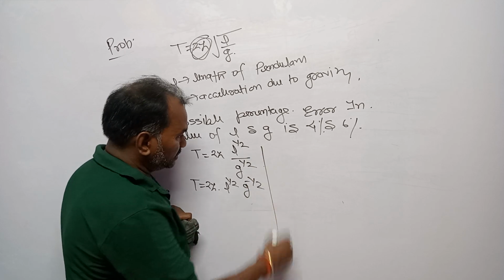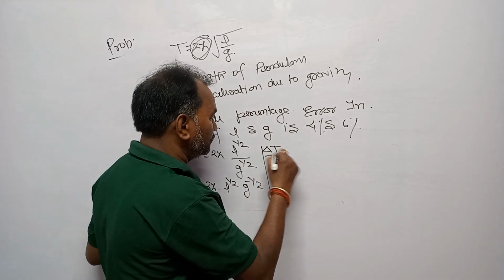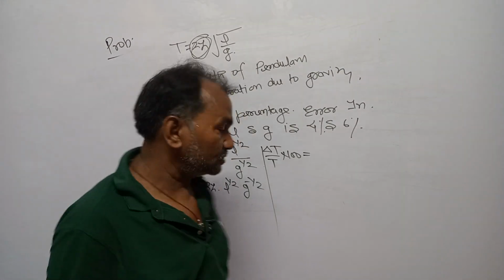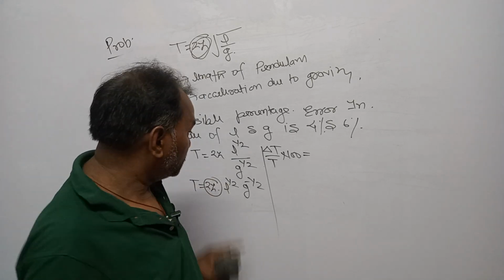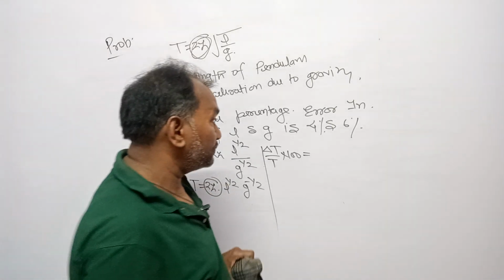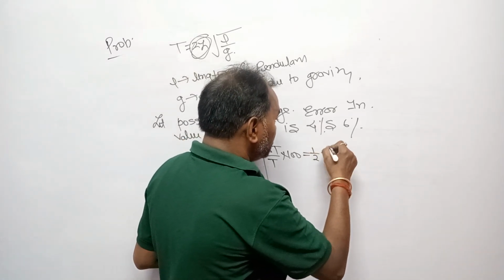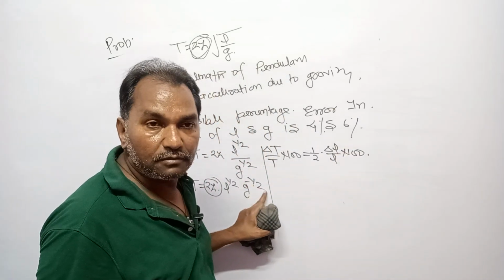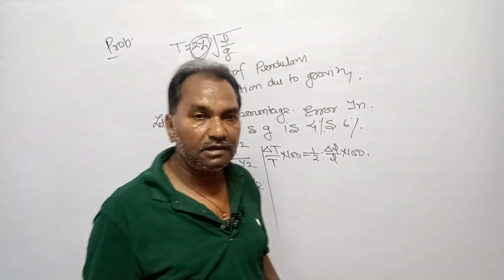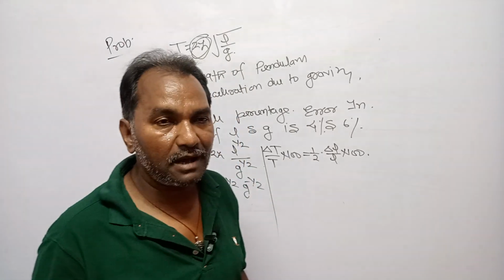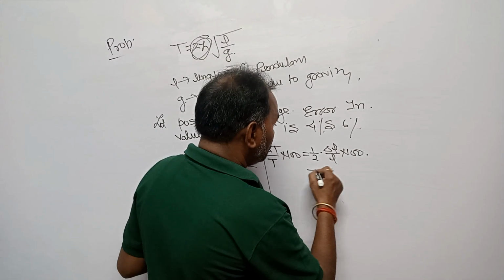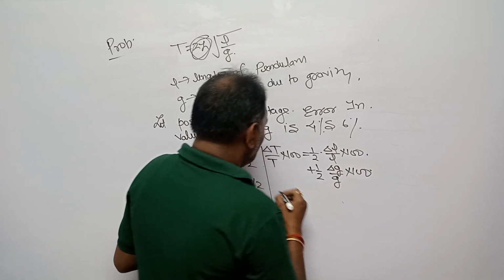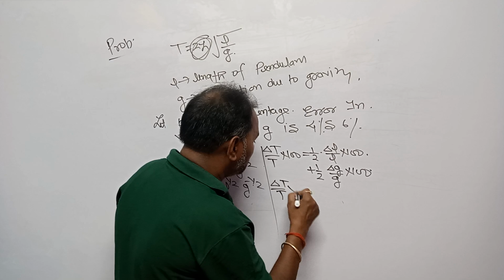Now, dear student, the possible percentage error in the value of T is into 100. Just as I said, 2 pi is a constant, so there is no possible error in the value of 2 pi. So, the possible error in the value of L is 1 by 2 delta L divided by L into 100. Now, dear student, g to the power minus 1 by 2. Again, I am repeating my sentence: either it is negative or positive, it does not matter. Right? Again, you will write plus 1 by 2 delta g divided by g into 100, or delta T upon T into 100.